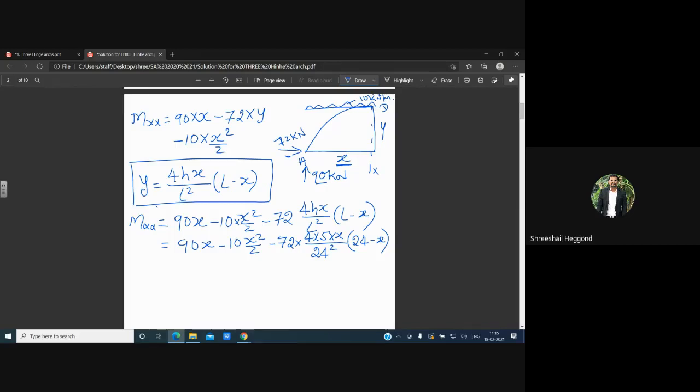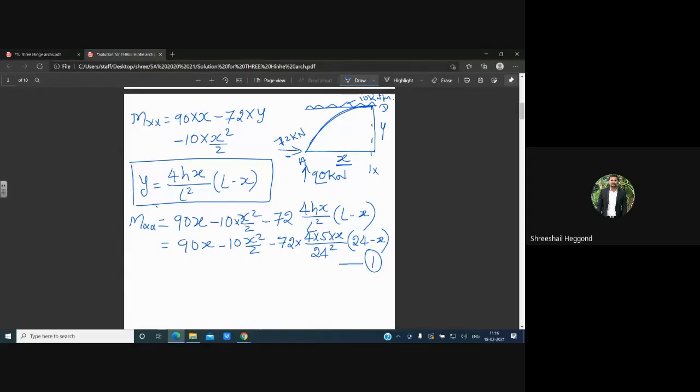Okay? Here we are having only one equation. We need to find out how to solve this one. We are finding out the moment about any section where the maximum bending moment will be there. That we will be finding out first. Once we get that one, the x value can be easily found out. If you are writing for moment, the moment about any x point or any point, the derivative of the moment about that particular point will be always 0.